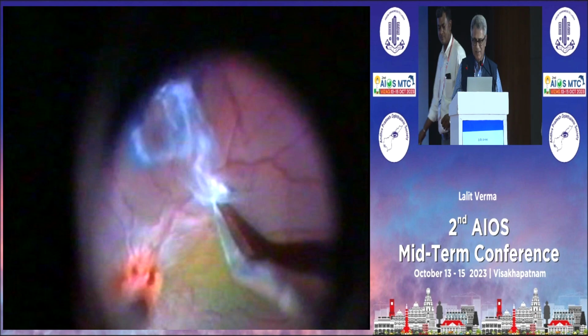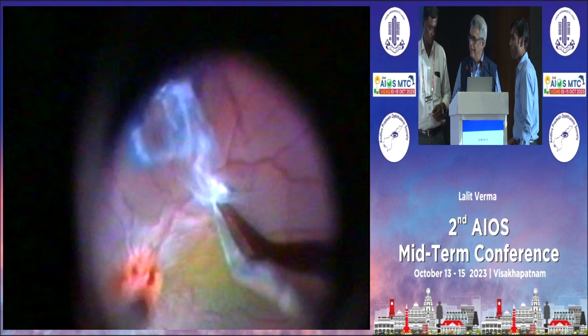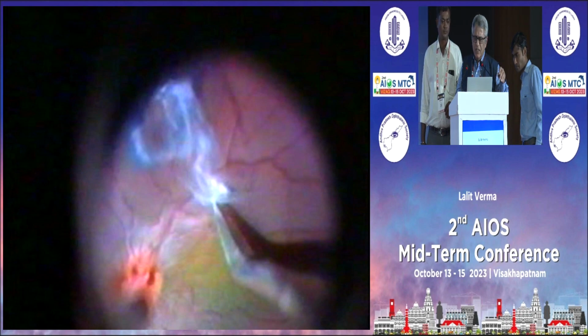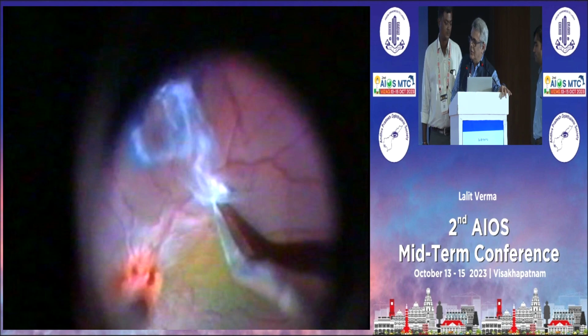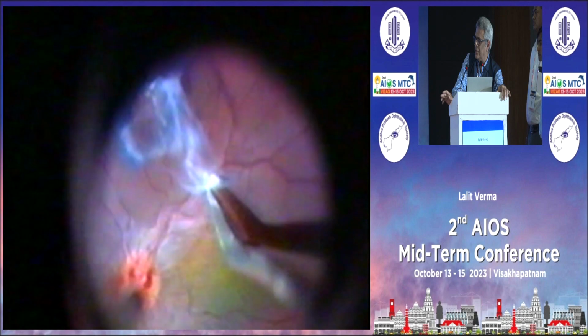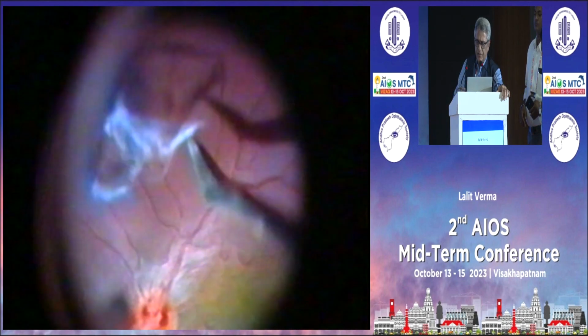Dr. Lalit, you are using MVR here. Will it not be harmful for the retinal surface while removing the ERM? No, generally this bent MVR blade is very good for identifying. If it's a flimsy membrane, I will use a diamond duster, but if it's a well-formed mature membrane, the best way to identify it is this,